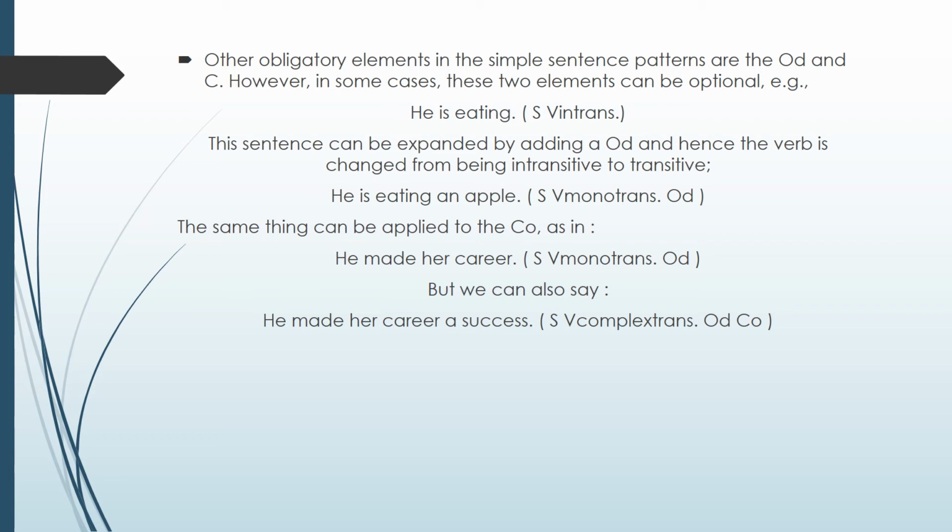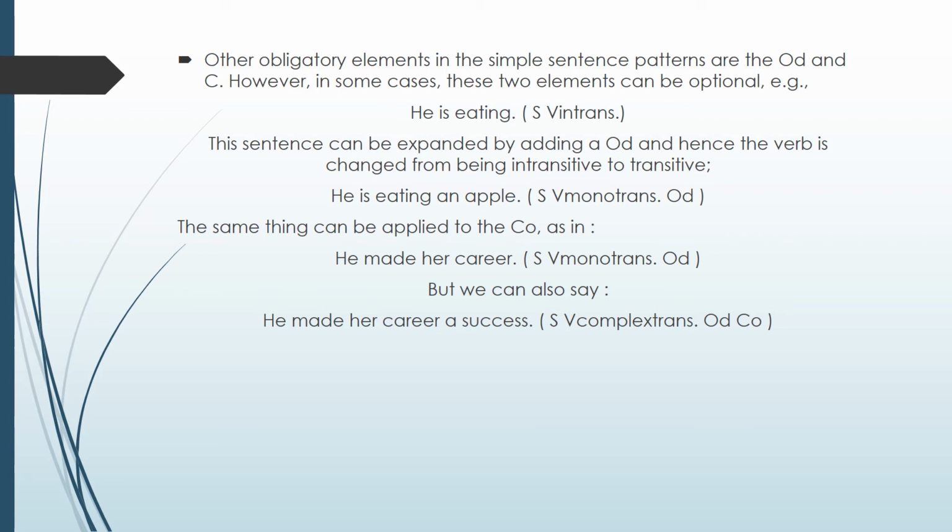The same thing can be said about the object complement. We have seen the object complement in pattern number 5. For example, when we say he made her career. This is a simple sentence consisting of only three elements: he as a subject, made as the verb, and her career as direct object. Because we have only one object, we said that made is a monotransitive verb, and this sentence belongs